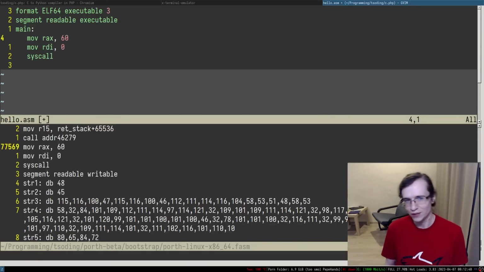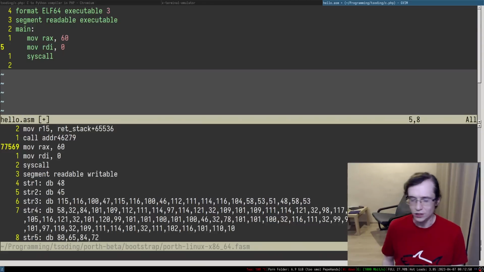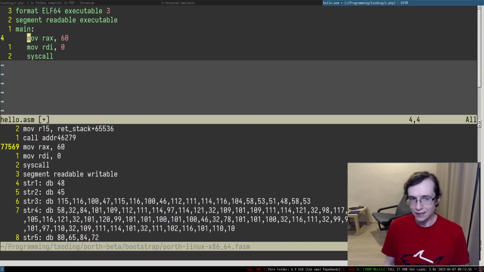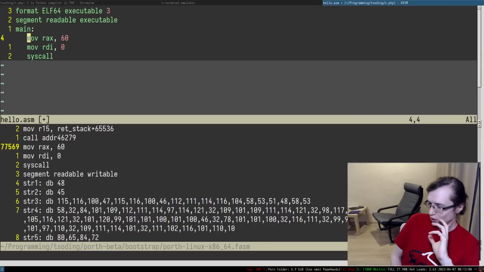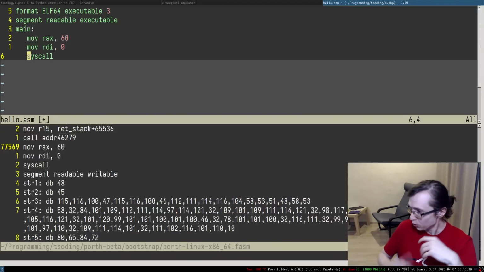The way syscalls work in Linux is that you put the number of the syscall into a register and you put the parameters into the rest of the registers. So we're going to Google up the table of the syscalls, right? And here basically I say that I'm going to exit with 0 exit code, and I call this syscall. It's very important to call the exit syscall at the end of your program, because that tells the Linux kernel that the program wants to exit. If you don't do that, the program continues executing, right? It will just continue executing.